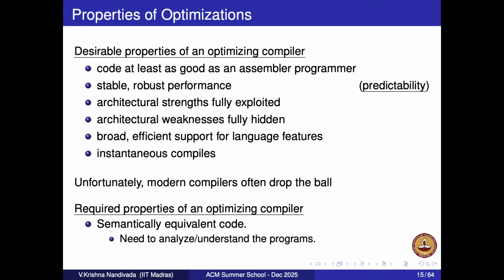But one thing which is non-negotiable is that the optimization should generate semantically equivalent code to the input. People will excuse you if you say, okay, it's not the fastest. But is it generating the equivalent code? If it is not generating an equivalent code, then no, most of the time. There are times when they say it's okay if it is not generating the same output.